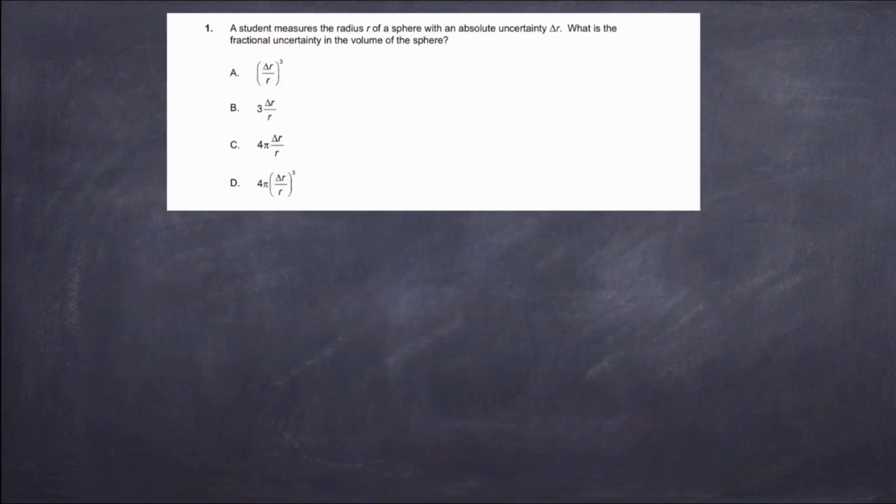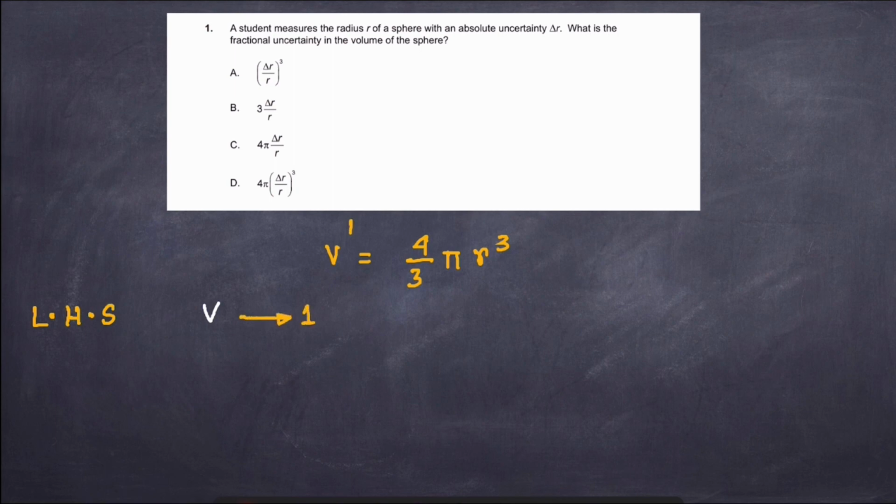So proceeding on to the next question, this also came in your IB examination. A student measures the radius r of a sphere with the absolute uncertainty delta r. What is the fractional uncertainty in the volume of the sphere? We know that the volume of a sphere is 4 by 3 pi r cube. Again in the same manner, on the left hand side of the equation we have v, and the power of v is 1. And on the right hand side of the equation,